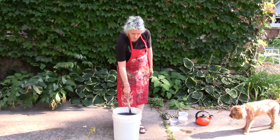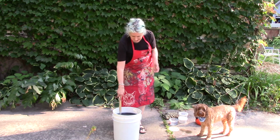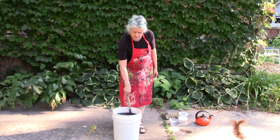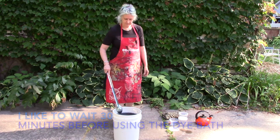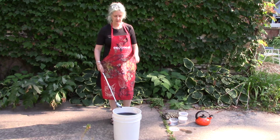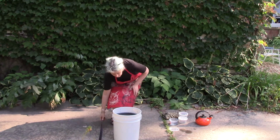So this will be ready to start dyeing my cloth. I always wait a half hour. I think it's good to wait a half hour. I believe the recipe says 10 minutes, but I feel like that's really pushing it a little. So, it's exciting. I'm going to give it a half hour. Now, if you have a lid for your vat, it would be a good time to put